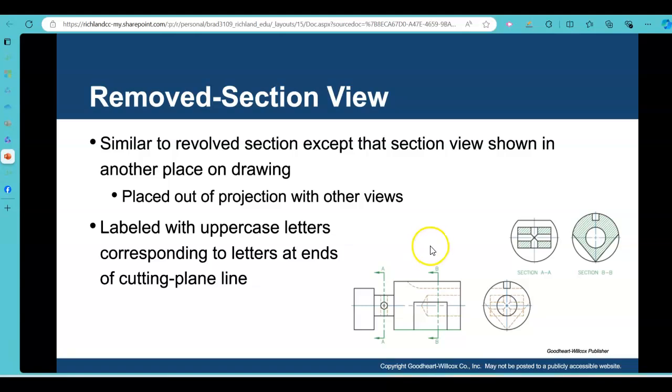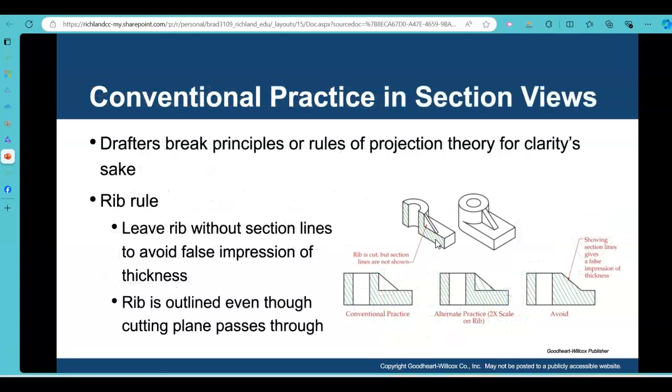Remember, this is terminology heavy, so you just have to do something to make sure you understand what these views are named and the relationship of what you're actually looking at and seeing as it gets placed on a print. So some of the conventional practice in section views, sometimes we do break some of these rules for projection theory for clarity's sake. So for example, here with the rib rule, even though the cutting plane might be going through the middle of the rib, we don't actually use the